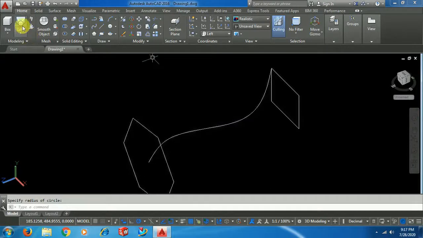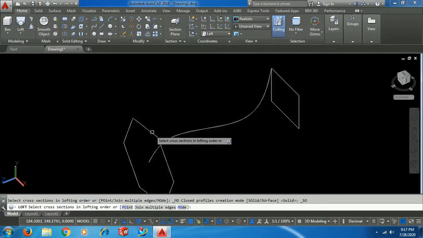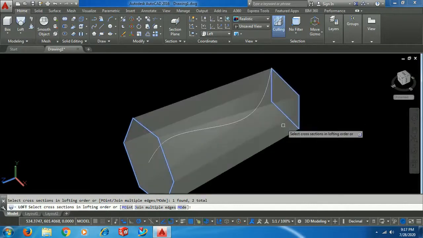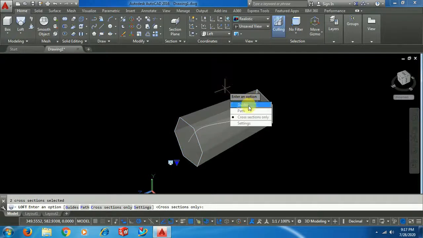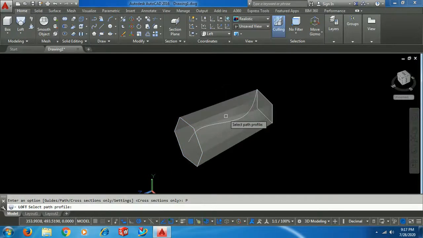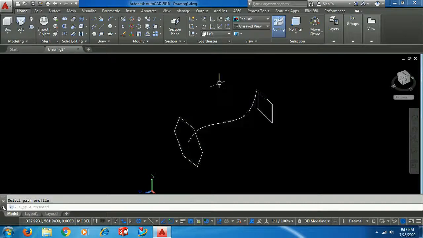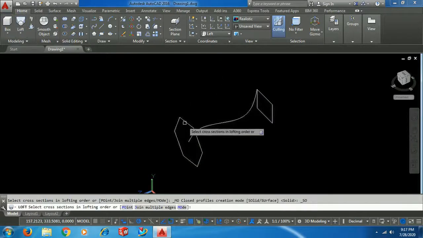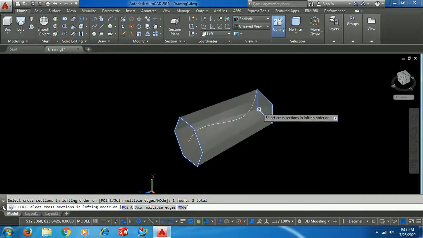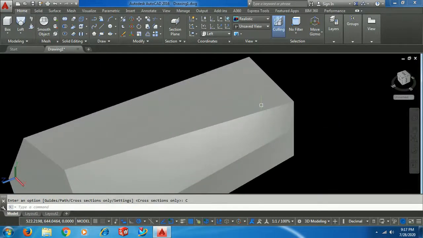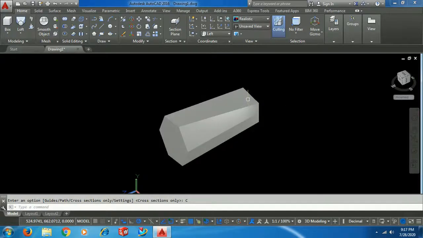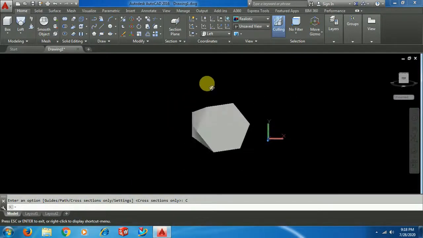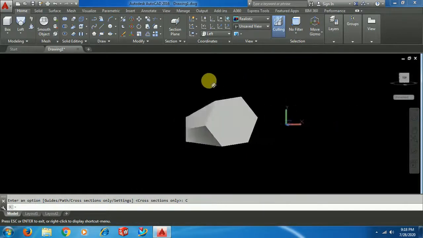Now go for the same command loft. Select this profile, select this profile. Enter. First we see with cross sections only. Profiles, enter, cross sections only. One side is in hexagon shape, the other side rectangular shape.